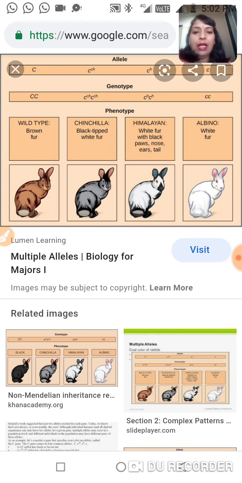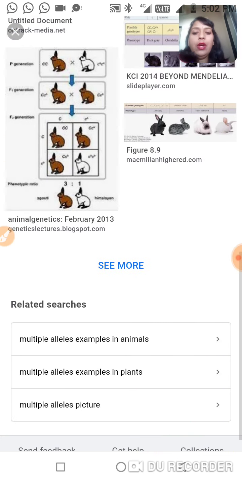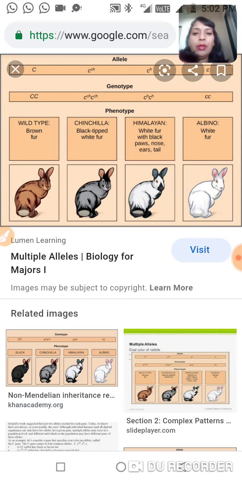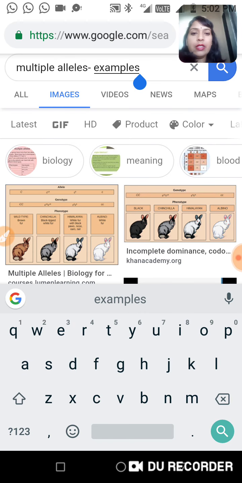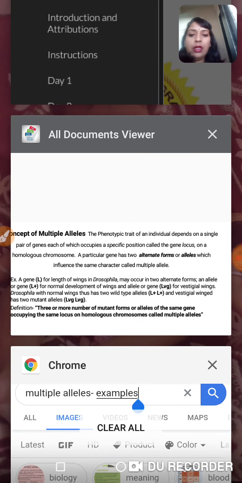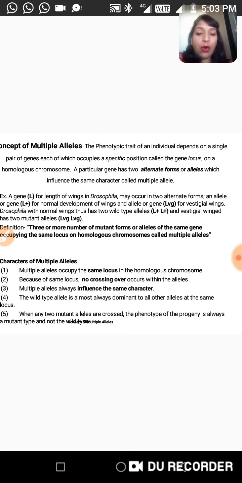Okay, so like that, in the case of a human being also, a number of multiple alleles are seen in skin coloration, and they also influence our hair coloration and hair texture. Have you seen two people, or a group of 10 people, showing similar hair texture and hair coloration? No, never. Because skin coloration, hair texture, likewise many characters are there.